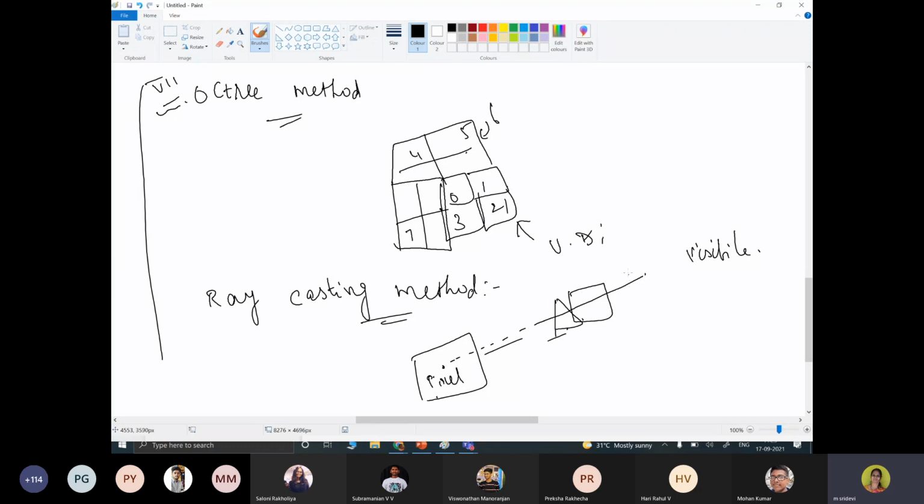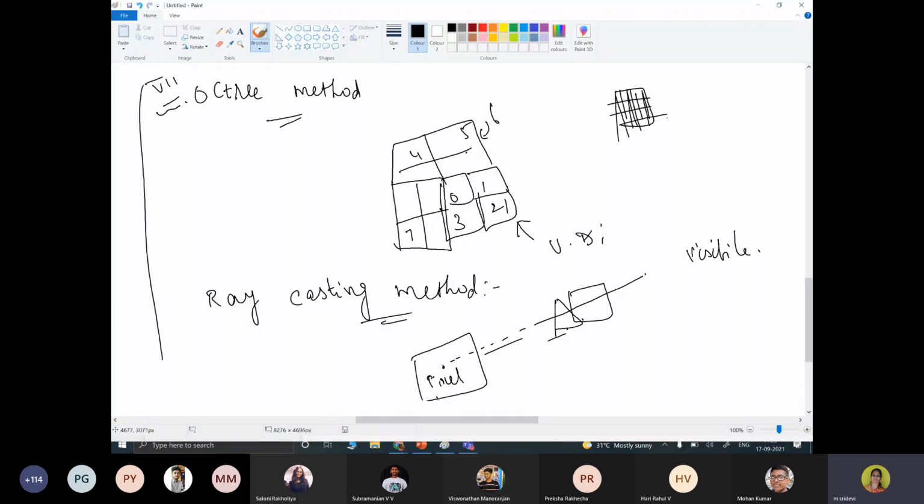So right now we are talking about the surfaces. Similarly, we can do hidden line elimination or hidden line removal. When we talk about a wireframe representation, all the wireframes will be represented in the form of lines only. In such cases, we use hidden line elimination. The same thing can be applied and we can remove the hidden lines.